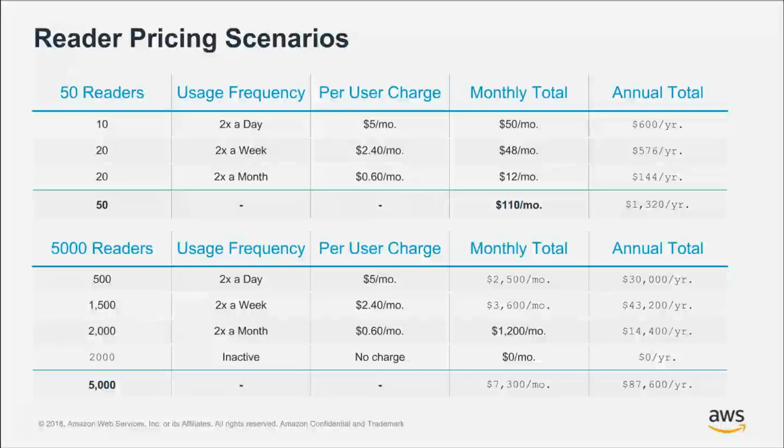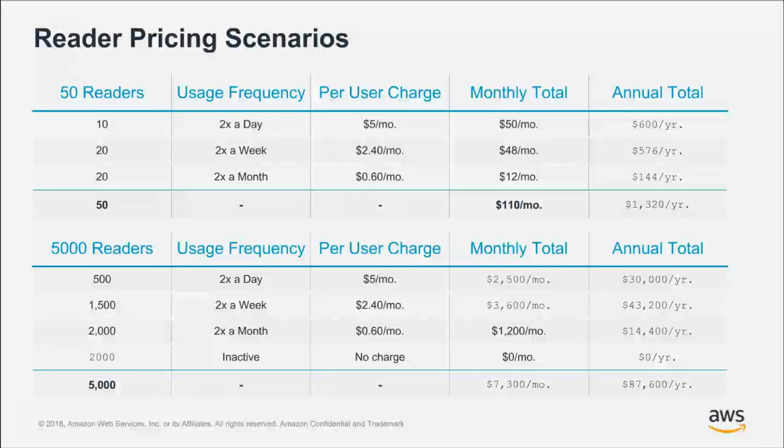And you can model this out on your own in your own context around how many users fall into which one of those buckets. But the total cost for 50 readers on an annual basis is about $1,300 a year, which is extraordinarily cost-effective in terms of the ability to get that data out into the hands of all those users and to enable them. And then the cost savings there only increases as you scale to larger and larger and larger